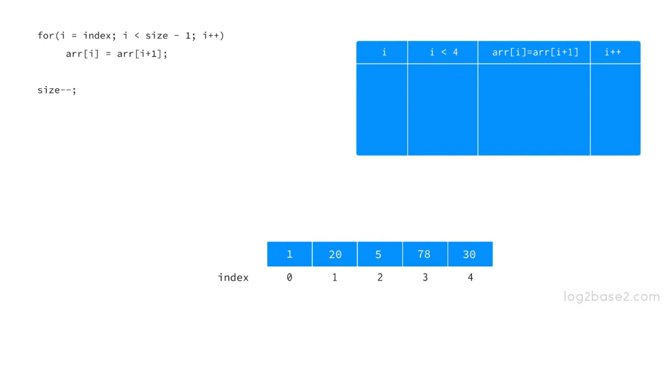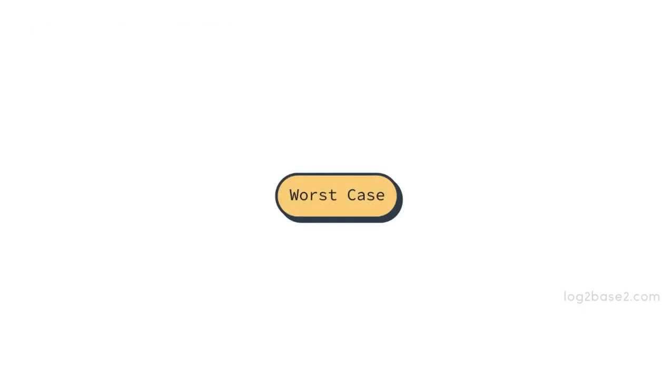The worst case will be when the element to be removed is at the first position. Then we need the for loop to shift all the elements to the left. If we have 5 elements and if the first element is to be removed, then the for loop will have 4 iterations to shift second, third, fourth and fifth elements to the left. So generally, if you have n elements, you need n-1 iterations and the worst case time complexity will be order of n-1, which is polynomially order of n.